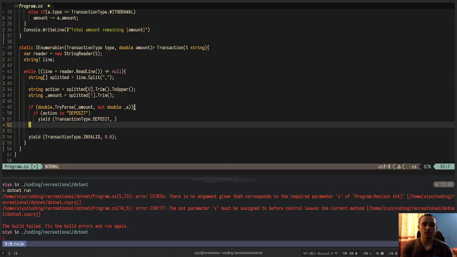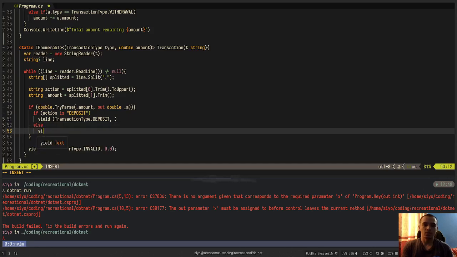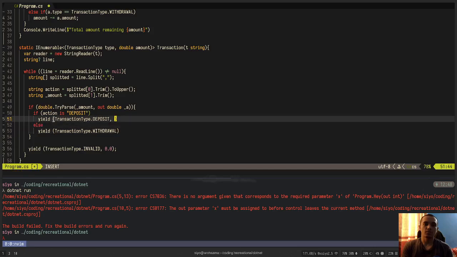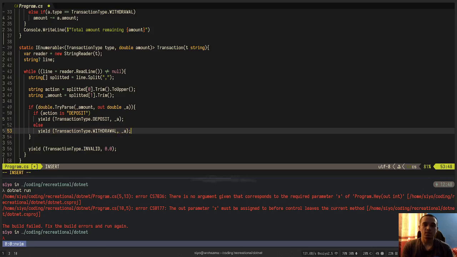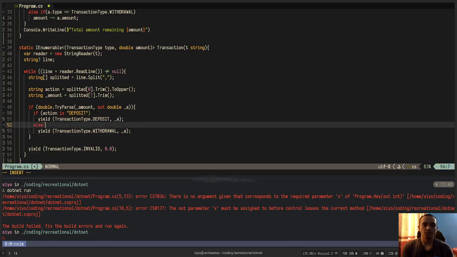And this is the if statement's closing bracket. Else we yield transaction type dot withdrawal of type. This has a in here, this has a in here, and then